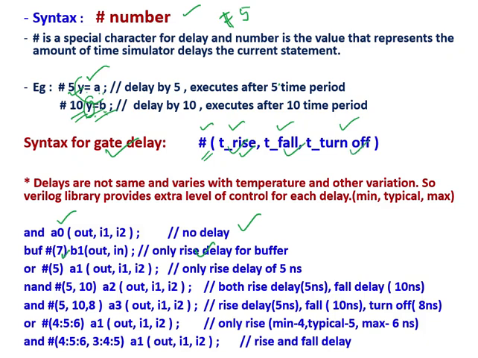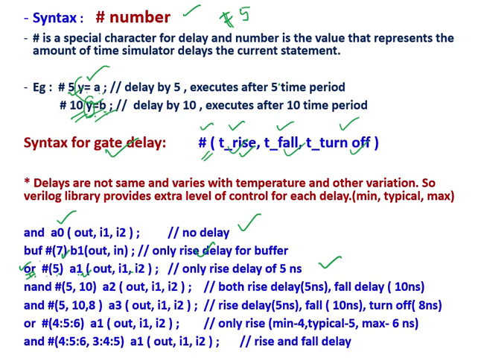Okay, or hash 5, this is an OR gate, and you should remember this. See, and these are all predefined, right? And buff or NAND and or, these are all predefined. Okay, it is inside the Verilog library. Okay, so after the gate name, then hash, then this delay. Okay, then your user defined name for your predefined gate, then output, then input. You should remember actually how the different types of delays are assigned to a particular gate.